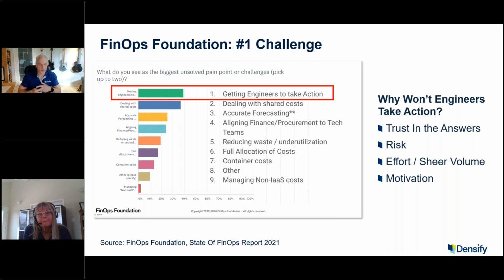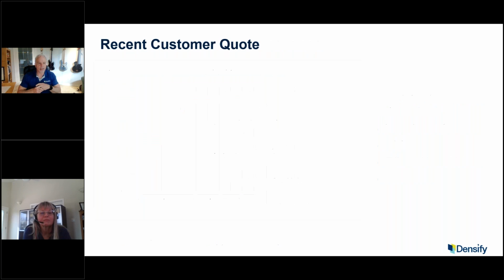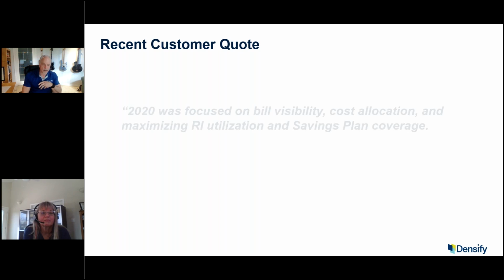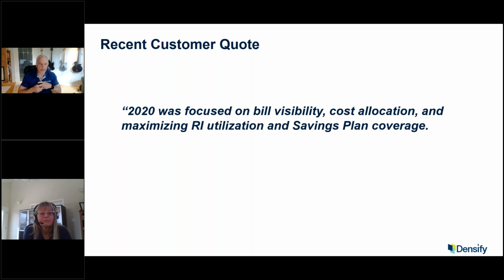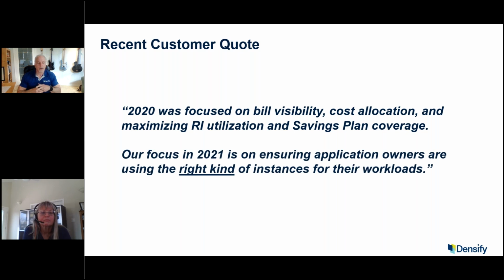And one of the reasons why FinOps has become important is that these two teams realize that in the past you do see friction between them, but they realize they have to work together. We're going to talk a little bit more about that later on, and finding the motivation to make these things happen. One of the customers I was speaking to recently, and this is their quote was, hey, 2020 was focused on bill visibility, cost allocation between the different business units, and maximizing our RI utilization and savings plan coverage, obviously an AWS customer. But in 2021, our focus is on ensuring application owners are using the right kind of instances